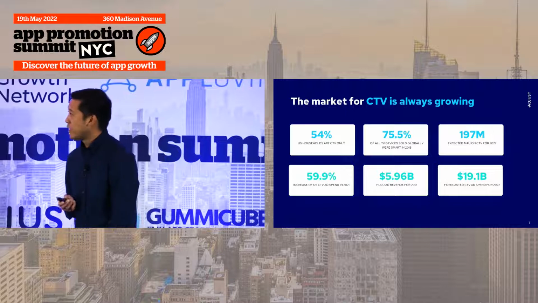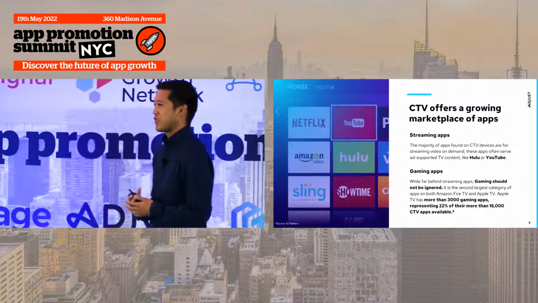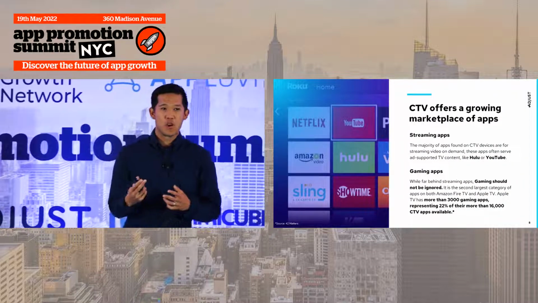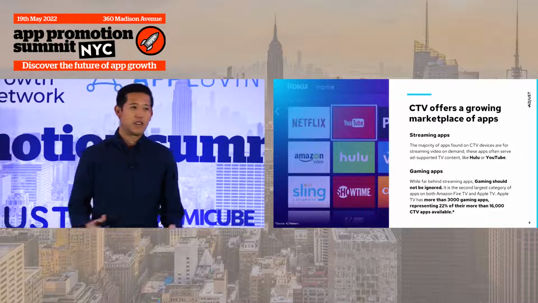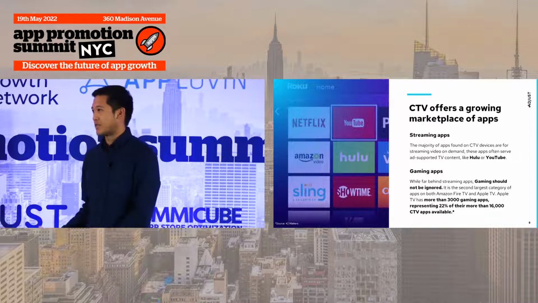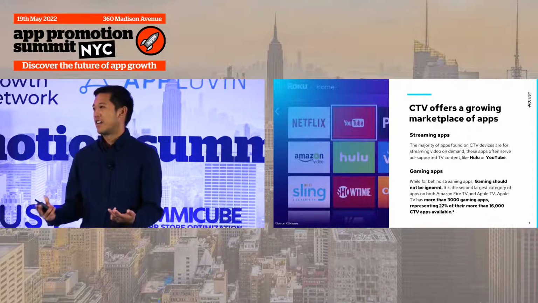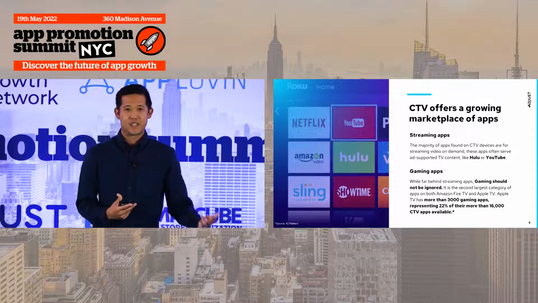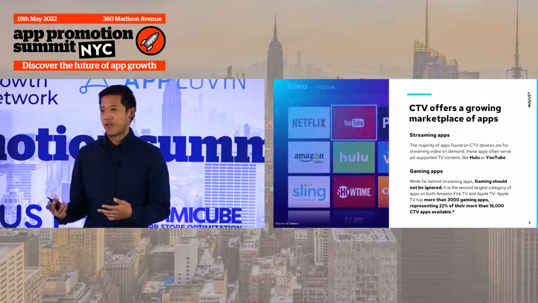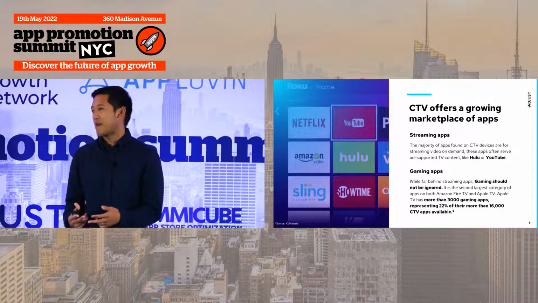All right, so when we look at the apps that actually have the inventory, where would you actually be showing ads on CTV? The big one everyone thinks of is the streaming apps. But if you also think about it, I do workouts on a Peloton app through my Samsung TV. I wanted to challenge everyone here to think outside the box with your app